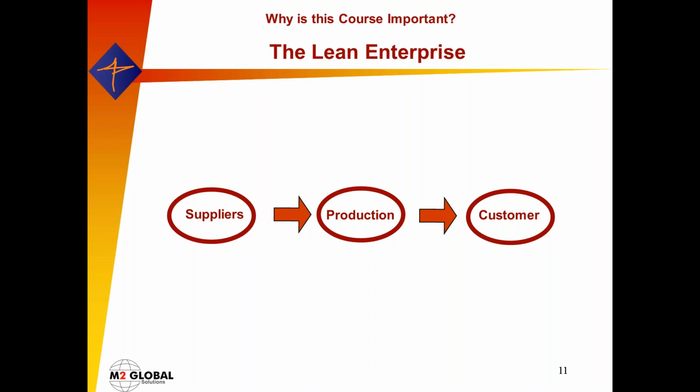What are we trying to do here? We're seeking improvements. We want a culture for continuous improvement. And part of that is we need to introduce some concepts. Velocity, waste elimination. We're talking about the 7 or 8 areas of waste, and the importance of time. The key here is